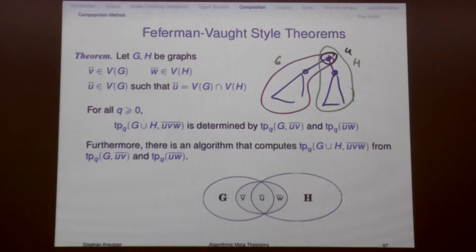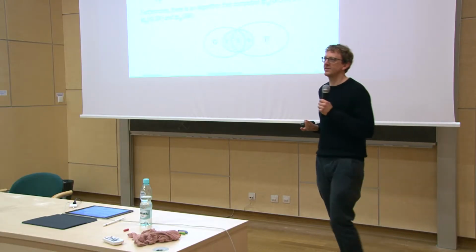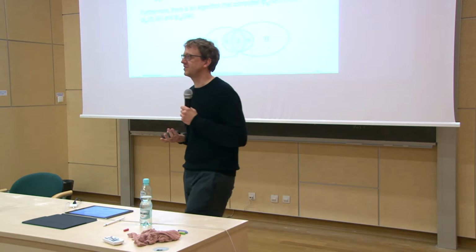But it doesn't work for second order formulas. Because if you have full second order formulas, it means you can just add edges to your tree, and then it will not be a tree anymore, and this decomposition doesn't work. One of the crucial properties that's implicit in this definition is that there aren't any edges that have one endpoint here and the other endpoint here. So every edge lives either in G or in H, which means one endpoint can be in the intersection, but it can't bypass the intersection. Otherwise, because it's only the union of G and H, these edges would not be in G and not be in H.